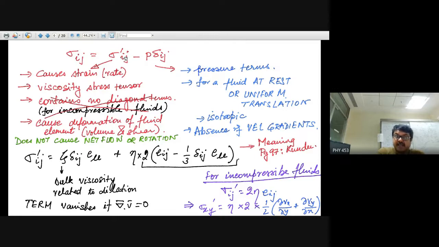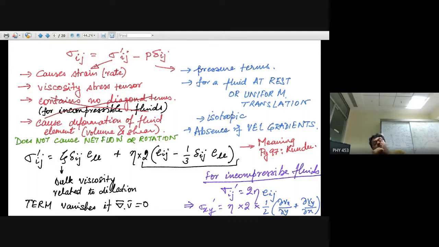This has both diagonal and off diagonal terms, as we said. So this is contributing only to the diagonal parts, and this with a dash, the viscous stress tensor, can be written as. Now, I remind you that the velocity gradient tensor had a part